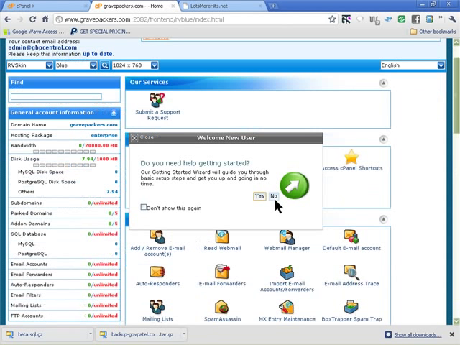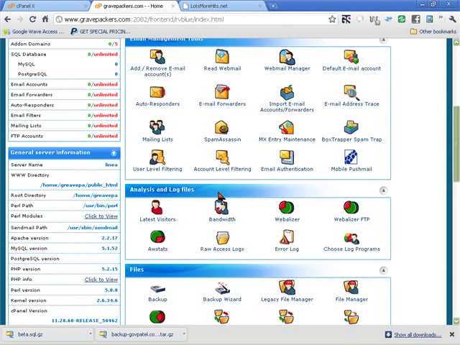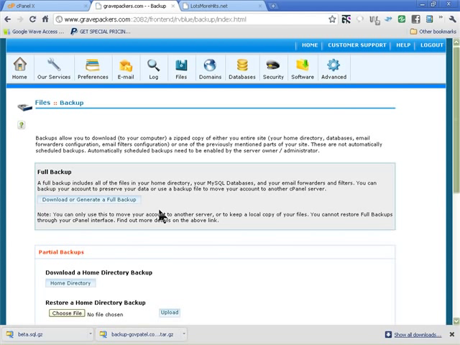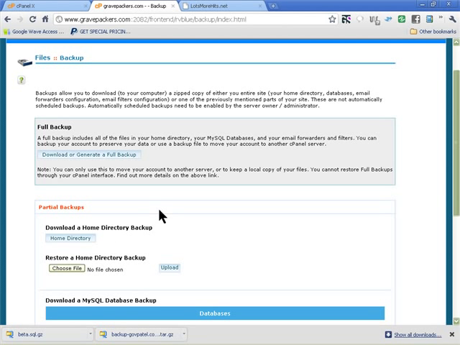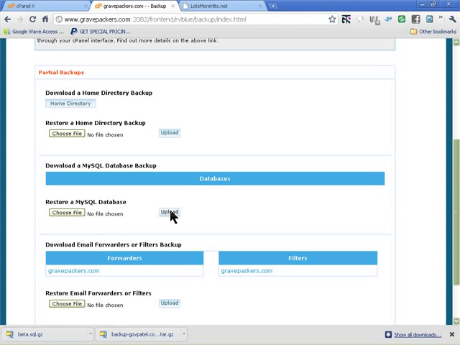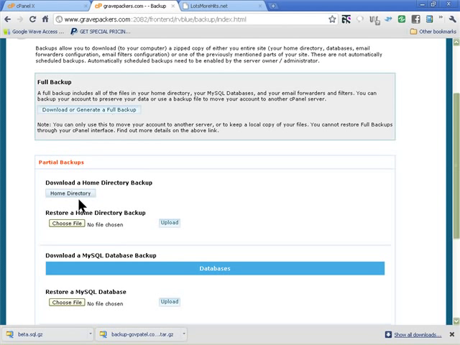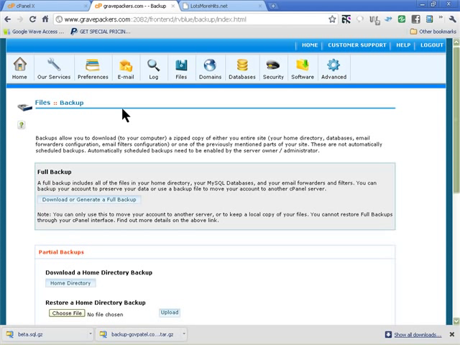and same thing again, you click on backup, and in the other account you had backup, but you downloaded it. On this one you'll be uploading it, so you choose the file. If you want to generate a backup, it would be down here, but we're restoring it, so we restore the home directory backup. And if I show you what we have right now on my domain name,